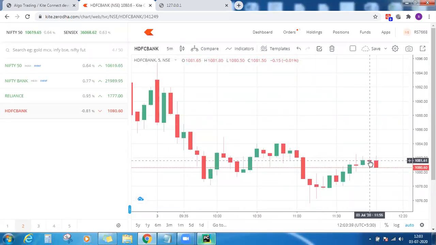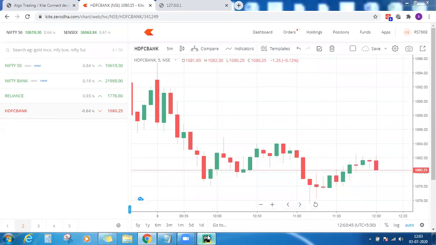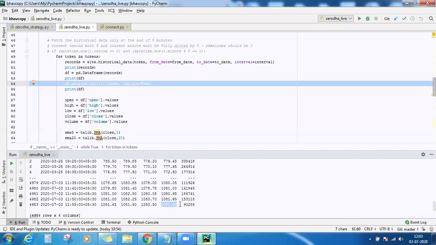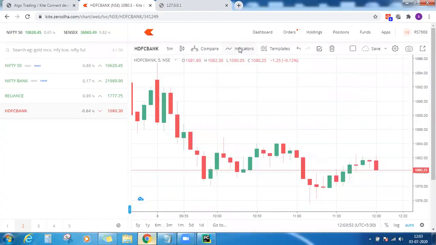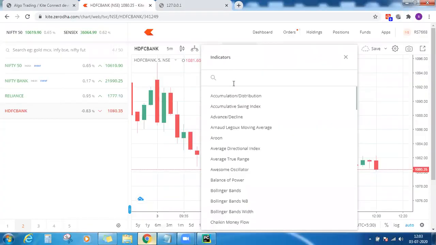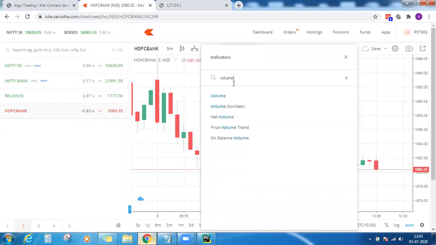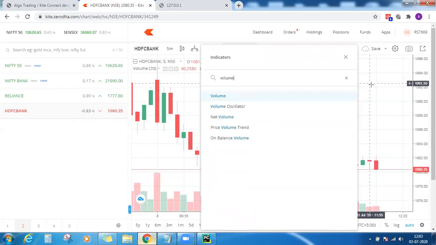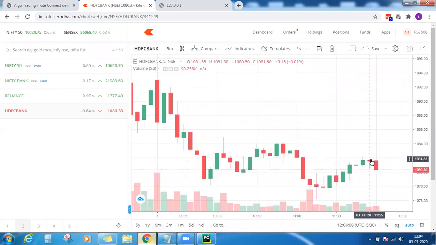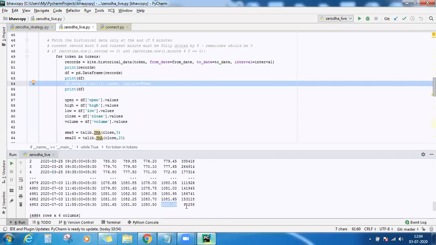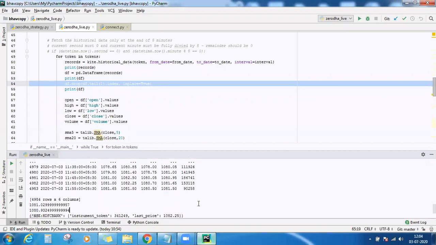It started at 11:55 and ended at 12 o'clock. And the closing price is 1081.5, and the volume is 90258. So all the candles data you now have.